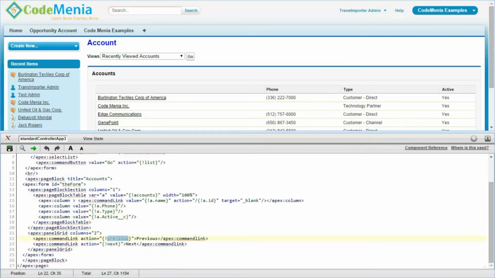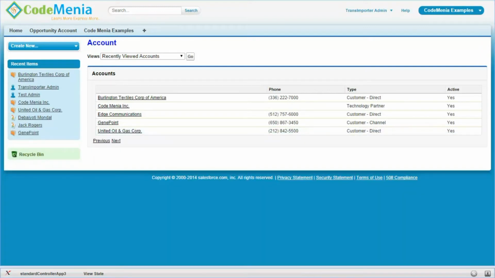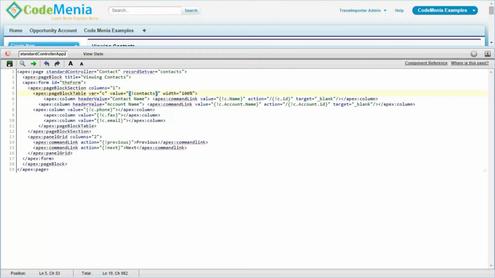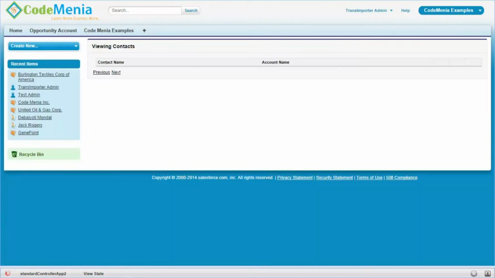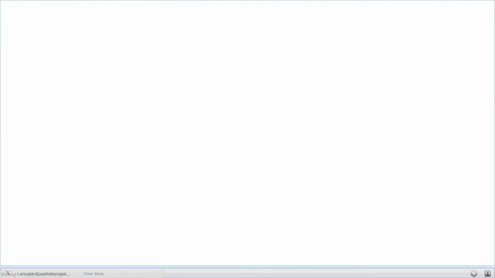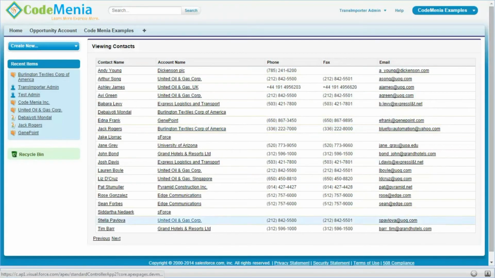Now the page block is displaying the record details using the standard controller and the command links, which are next and previous, which are also using the standard controller next method and previous method for pagination. All this record set var will contain only 20 records, and this is how pagination can be used to navigate to the next page.